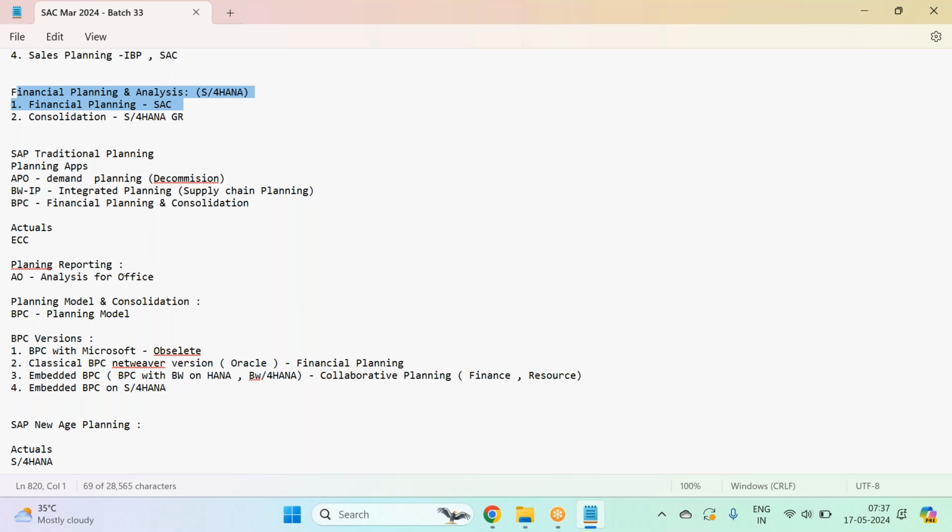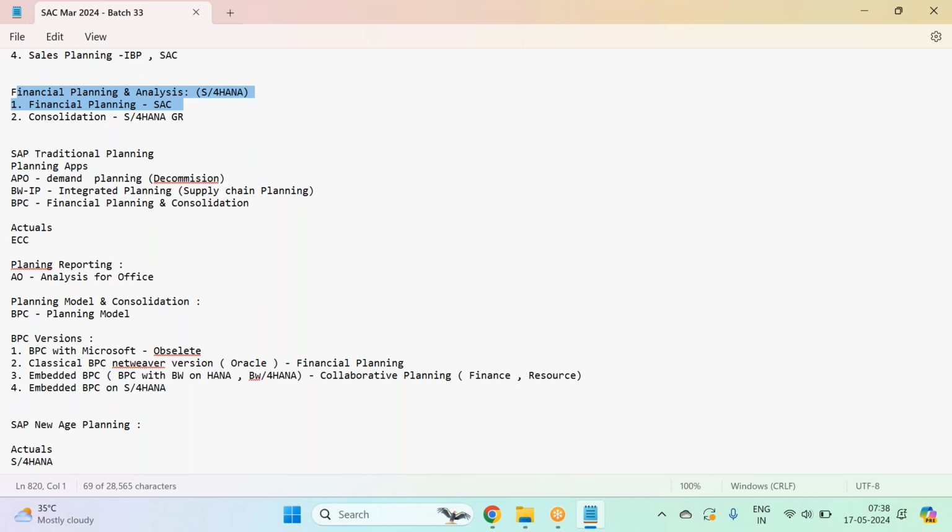I'll give a simple example. In planning projects, unlike business intelligence where we speak with the end user, get the requirements, and develop end-to-end models and reports, 50% of the activity is done by the technical consultant and 50% of the work is done by the planners. You are a technical consultant, you cannot do end-to-end planning of an organization. How much forecast should I set for a product for the next financial year? I cannot do it because I'm a technical consultant. A BPC consultant cannot do it, or an SAC consultant cannot do it.